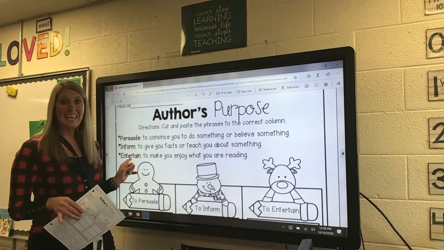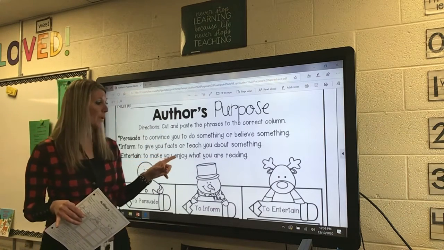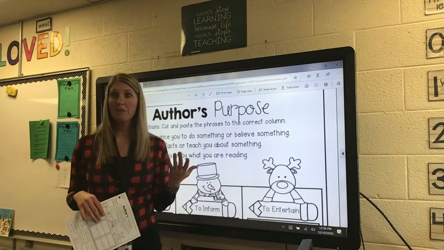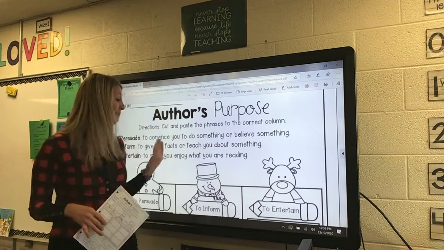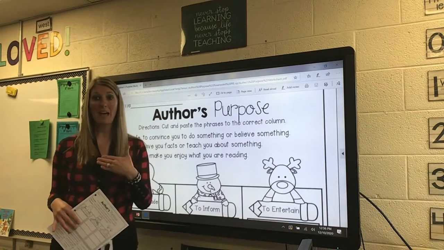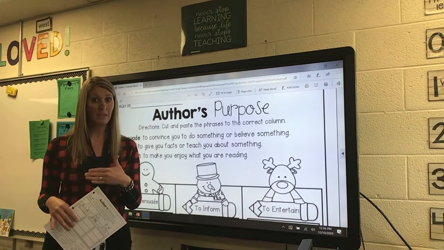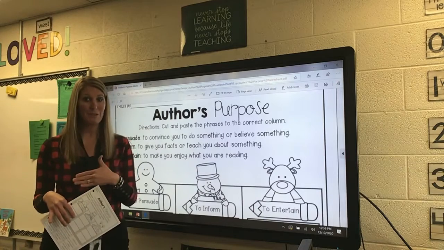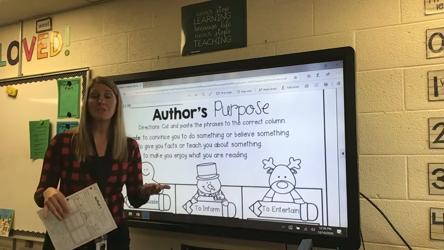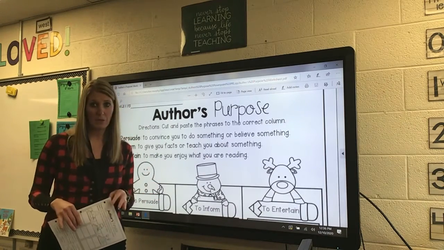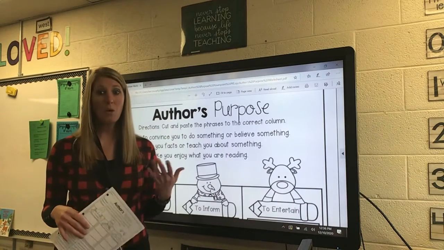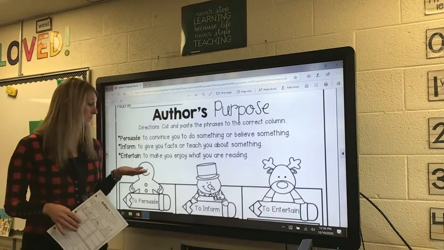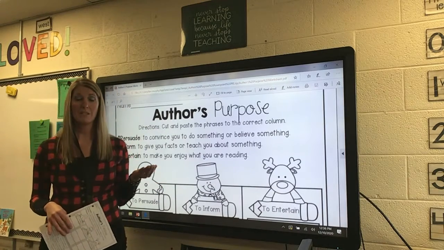Number 3 is the E, entertain, to make you enjoy what you are reading. So every day when Mrs. Murphy does a read aloud, or in the classroom when I read you a story, I'm trying to entertain you. The author that I chose, and I'm reading it, is trying to entertain you. It's trying to make you laugh and enjoy the book. Or the chapter books that I read at snack time, those are written to entertain you, to make you laugh